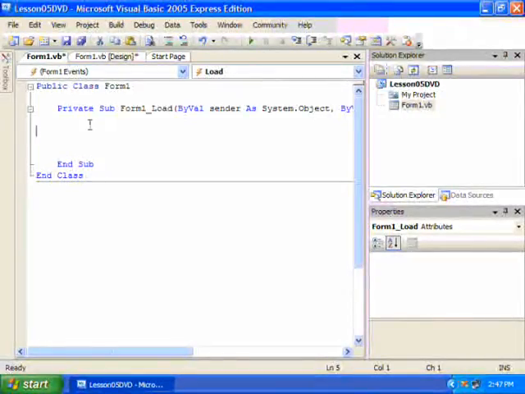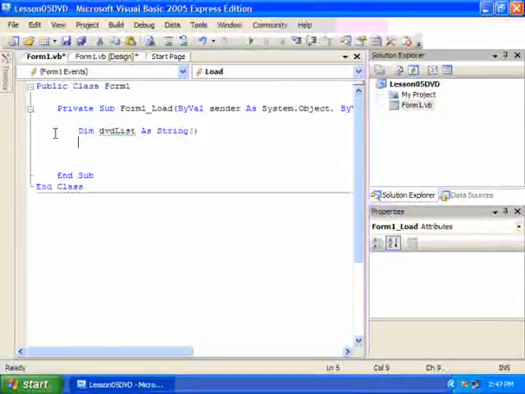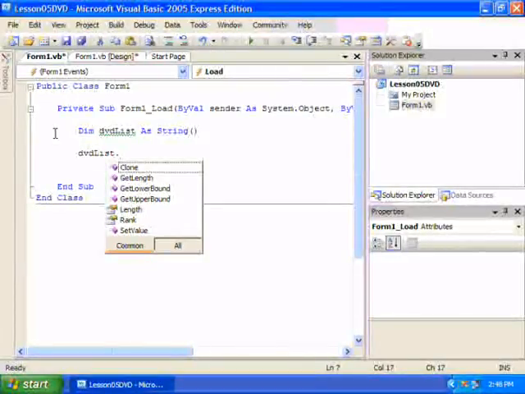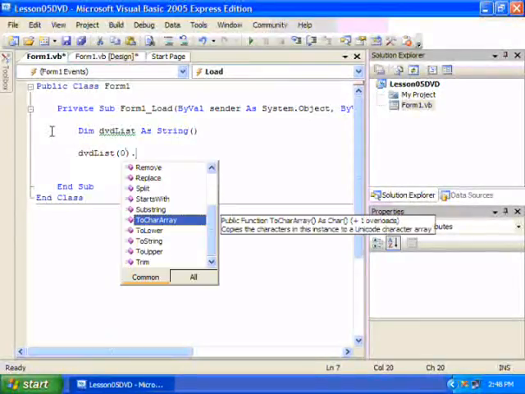Okay, so to get started, let's do this. Let's dimension out our DVD list string, and then we'll do something like DVD list dot, well, 0 dot